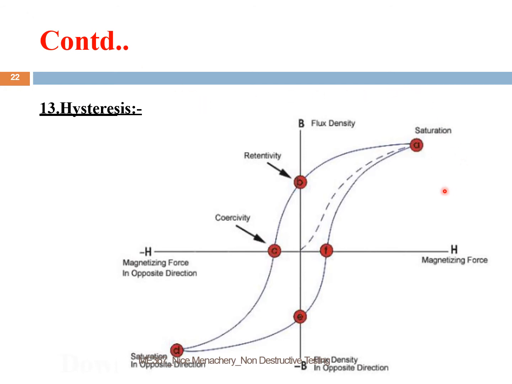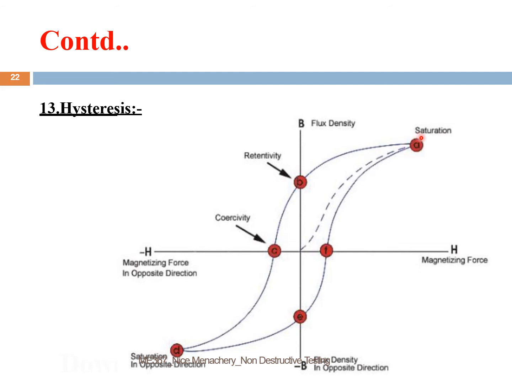Okay, now once it has reached point A, you have applied the magnetizing force to a particular value, and you have obtained the flux density corresponding to that also. Now we'll be trying to decrease the magnetizing force, or remove the magnetizing force. So the magnetic field is removed all of a sudden. When the magnetic field is removed all of a sudden, what will happen to the H value? The H value will attain 0, right? So H will become 0.